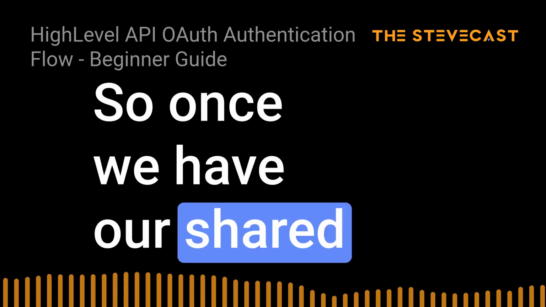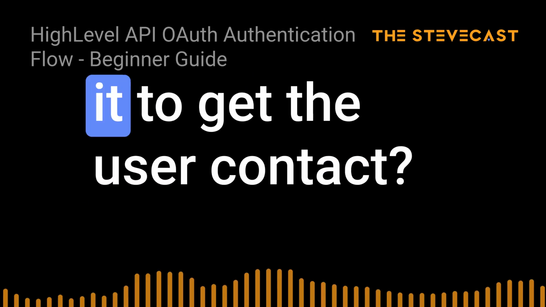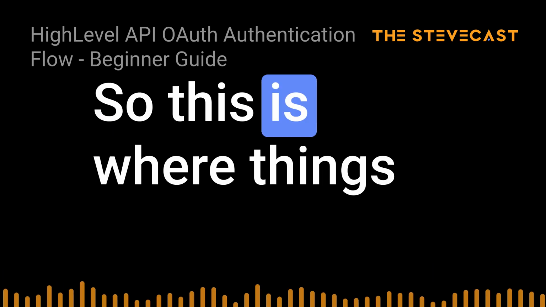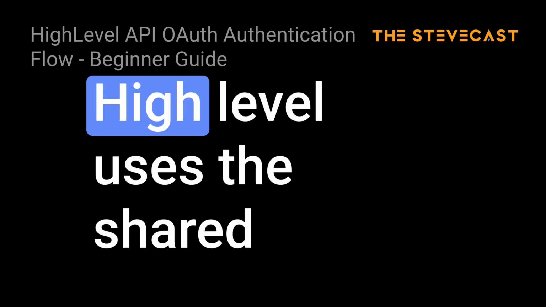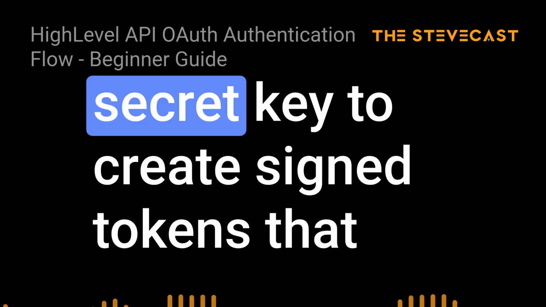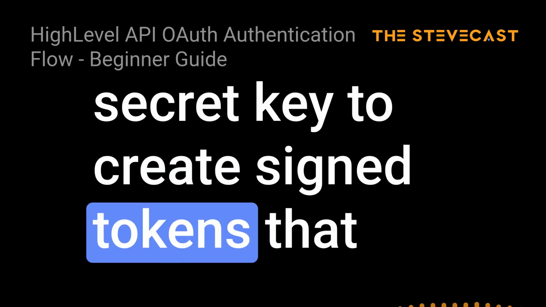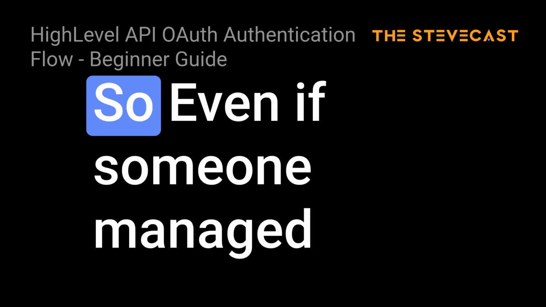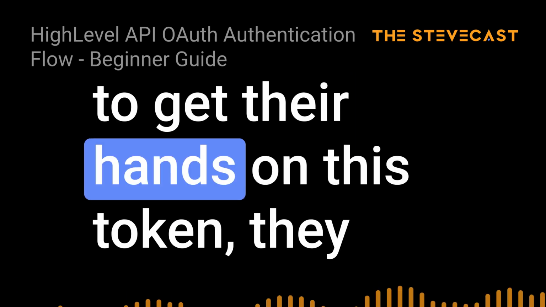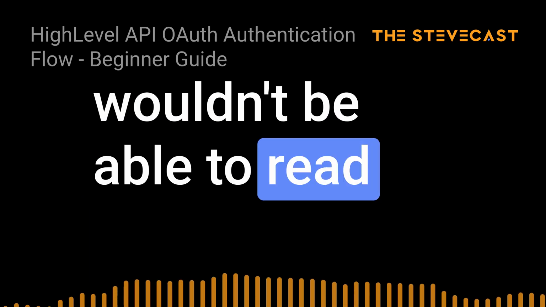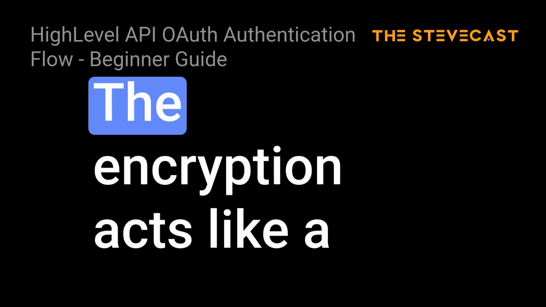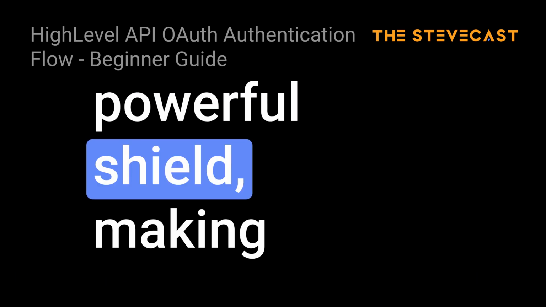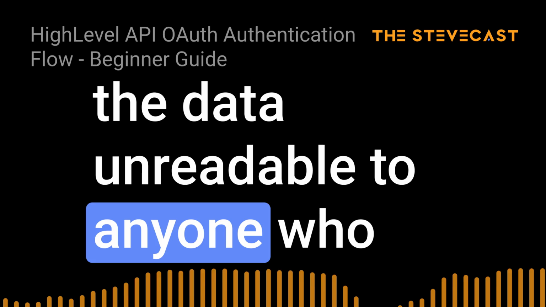So once we have our shared secret key, how do we actually use it to get the user contact? So this is where things get really interesting. HighLevel uses this shared secret key to create signed tokens that contain the encrypted user data we are looking for. Encrypted. So even if someone managed to get their hands on this token, they wouldn't be able to read the user's information. Exactly. The encryption acts like a powerful shield, making the data unreadable to anyone who doesn't have the